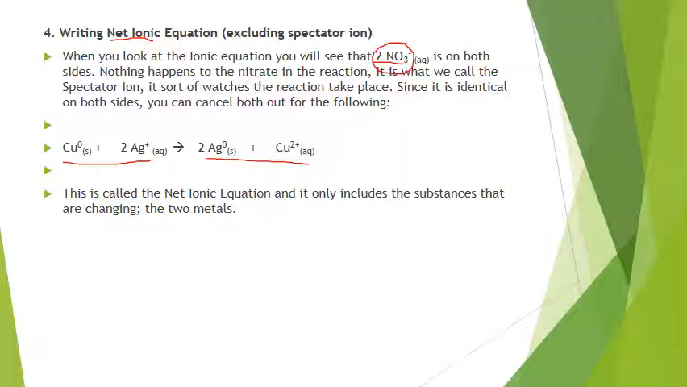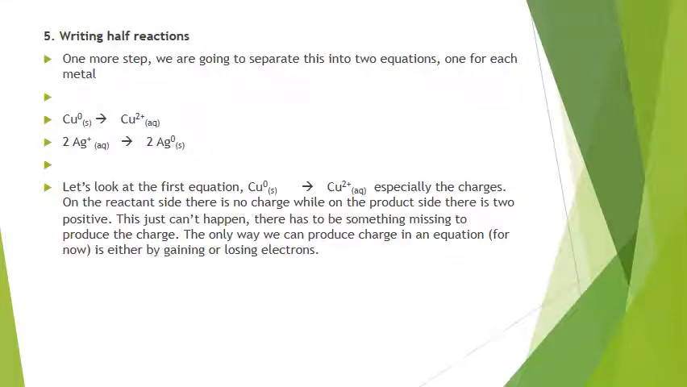Okay. All right, next thing is we're going to look at what happens. We're going to look at this, and then we're going to look at this here. And we're going to split this reaction into 2 parts, and that's called a half reaction. We're going to split it into a copper part and a silver part. Okay, so what we do is we just write the copper part and then the silver part,